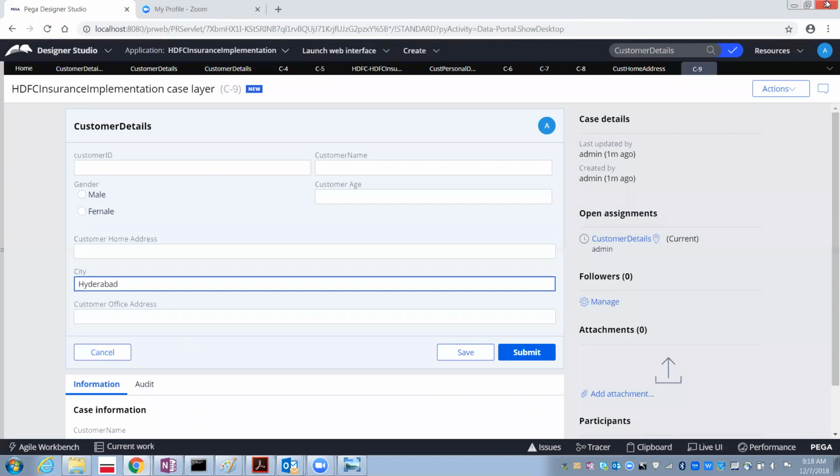Default value means when you create the work object, it will display the value you have given. That will be populated. So it is just reducing the work for the end user, but it is not mandatory that you have to give Hyderabad only. If the customer is from a different city, you can just remove it and type whichever you want.